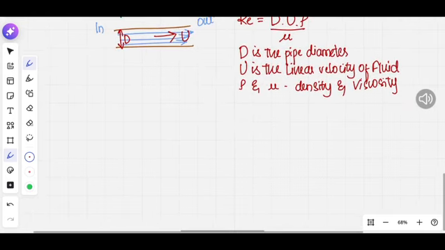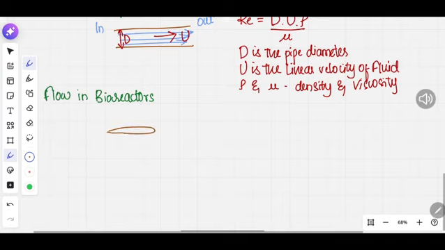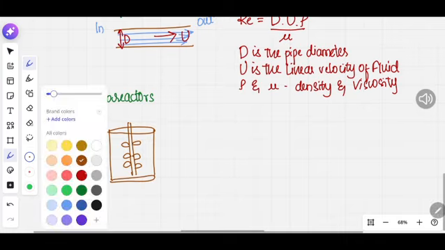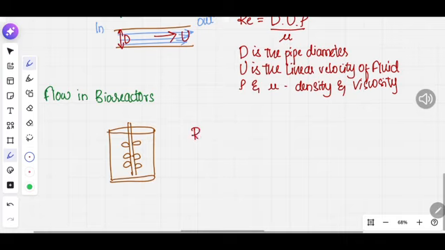So that is flow in bioreactors. In the biopharmaceutical industry, we are primarily concerned with mixing in a stirred tank bioreactor. A stirred tank bioreactor is a bioreactor with a stirrer inside. Since the fluid is being driven by the impeller and not by a pump, we must change this equation to Re_I